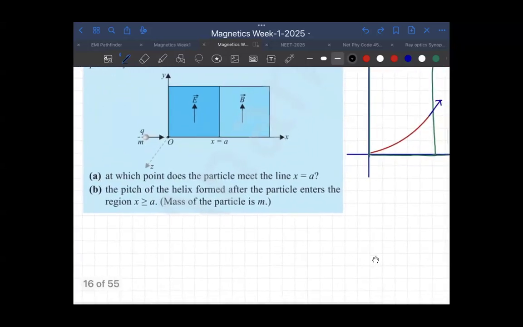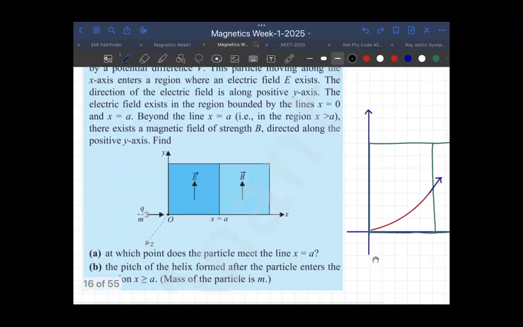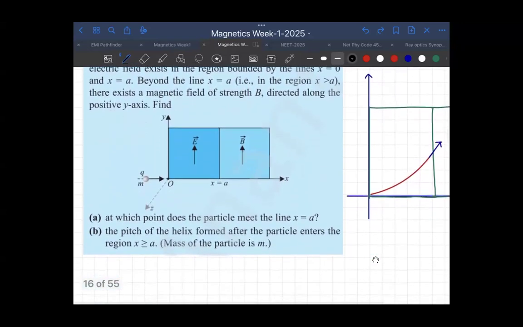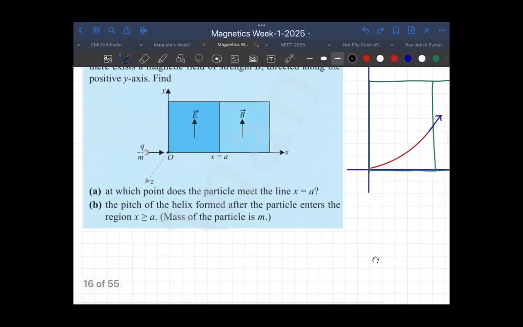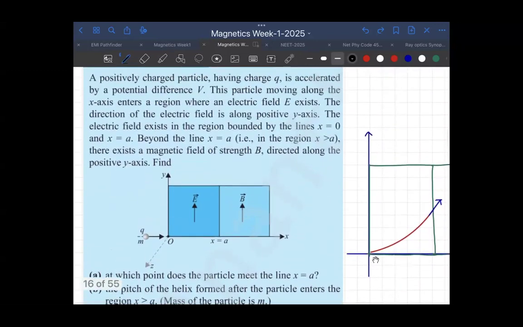First, at which point does the particle meet the line x is equal to a? No issues. See, already you projected with some velocity, right? You have accelerated and projected, means